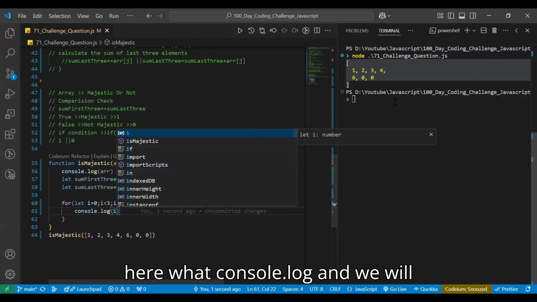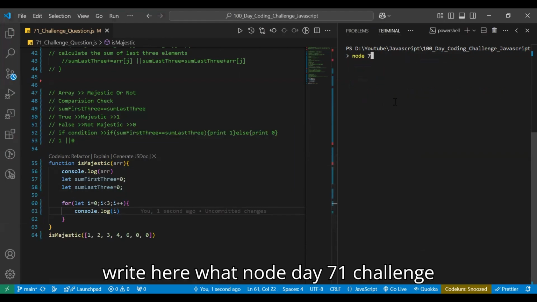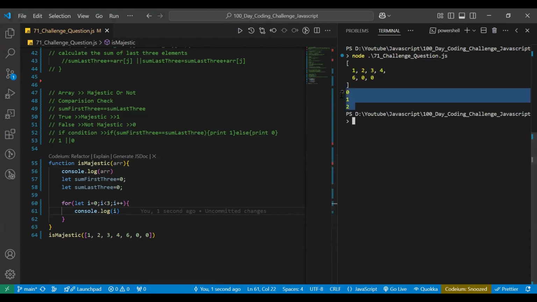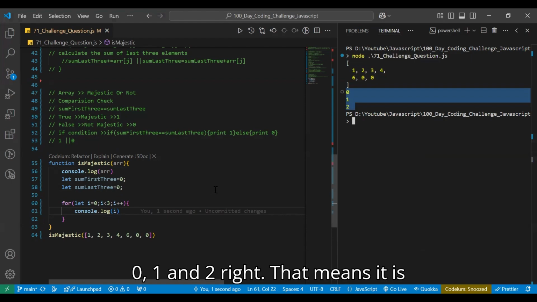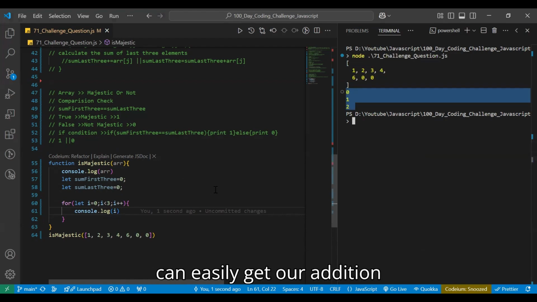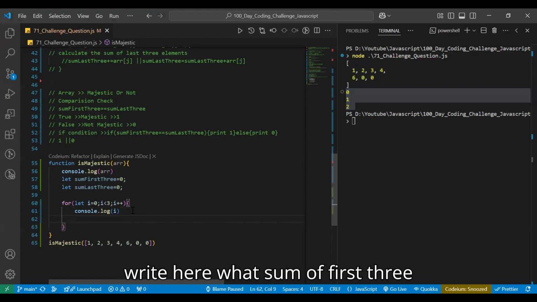So I will write here console.log of i, and we will clear the terminal and rerun it. I will write here node day71 challenge, and we will hit enter. We got here 0, 1 and 2, right? That means it is running only 3 times, and therefore we can easily get our addition now, right? So what we will do? We will write here: